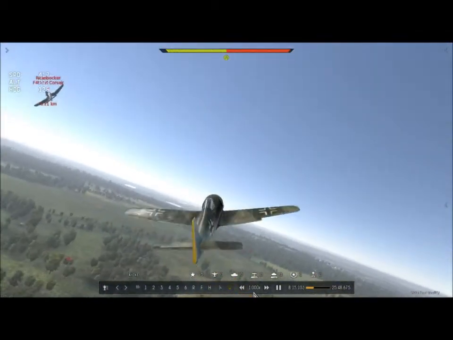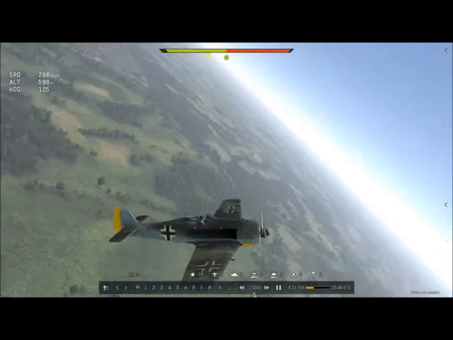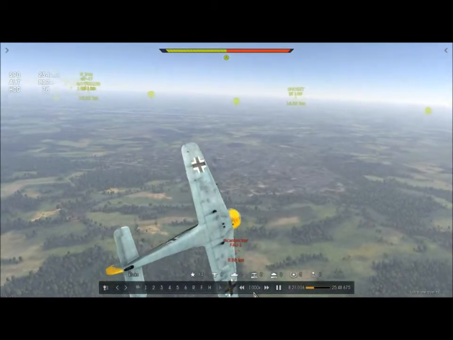I don't know why I didn't shoot him right there. I had him dead to rights. He starts maneuvering though. I'm not going to fight his fight. The Corsair turns a lot better than the Focke-Wulf 190 at lower altitudes. Take it back into the vertical. Get ready to dive on him again. I'm trying to save the 129B, but